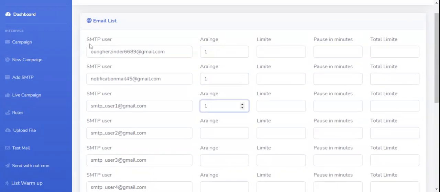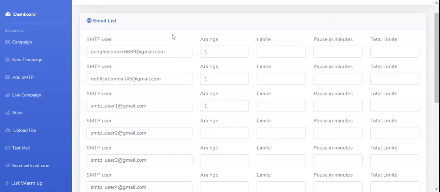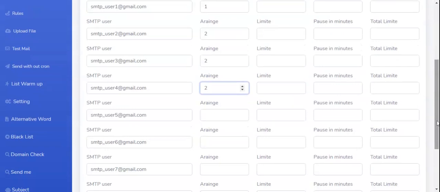If you set priority one, that means the AI always chooses this SMTP first, because it's priority one. If you set priority two, that means the AI takes that SMTP next, because it's priority two, and you can set priority three.